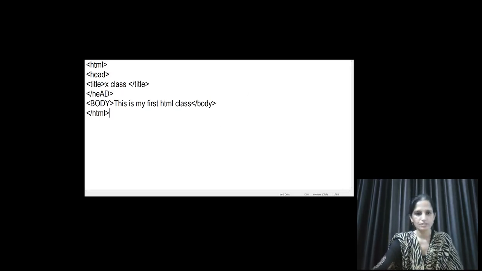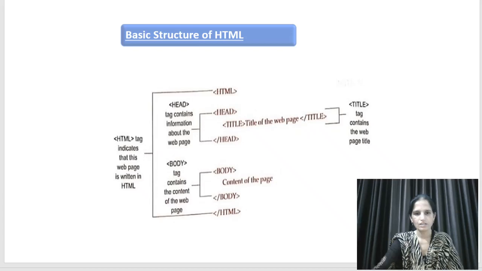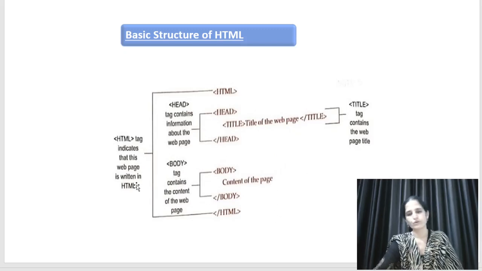In the basic structure, these four tags are there. One is your HTML. HTML is the main tag, the starting and the ending tag. Then you can start the head tag. This head tag activates the title of the web page, and then you can write down the body. The body is the main tag of your web document. Here your complete document will be stored and designed. So one by one we can explain these four tags here.